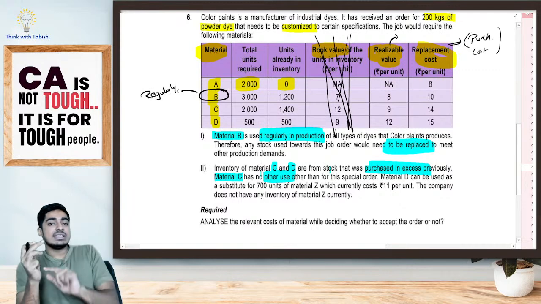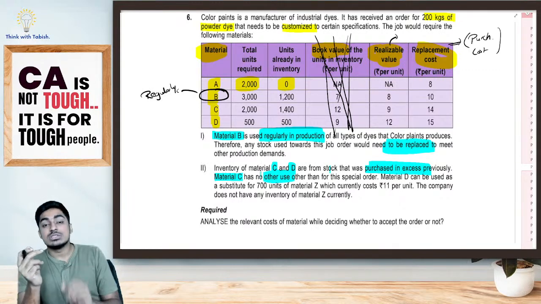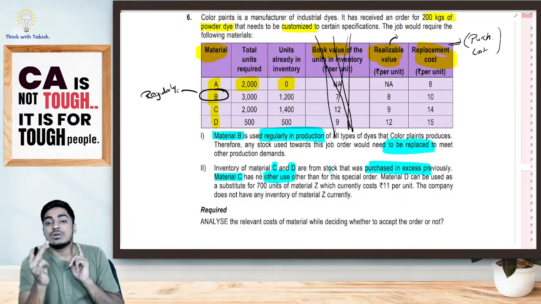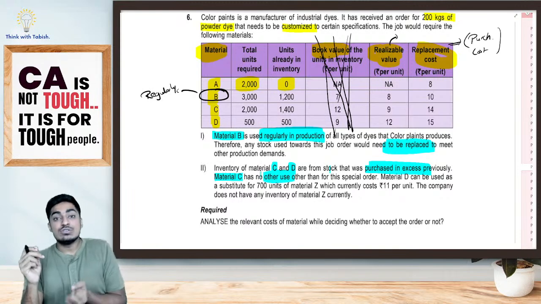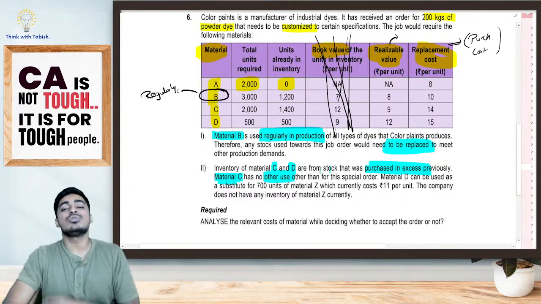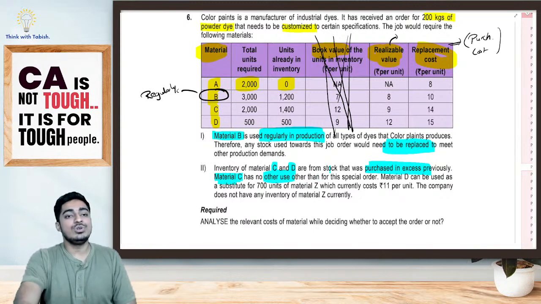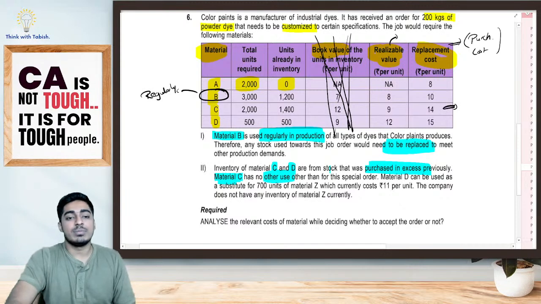If raw material is in stock and regularly used, it is going to be the replacement cost. But if it is not regularly used, it is the realizable value or benefit from alternate use, whichever is higher. So for raw material C, they are telling there is no other alternative use. So the only option available is to sell it off as scrap. So for raw material C, yes, it is not regularly used